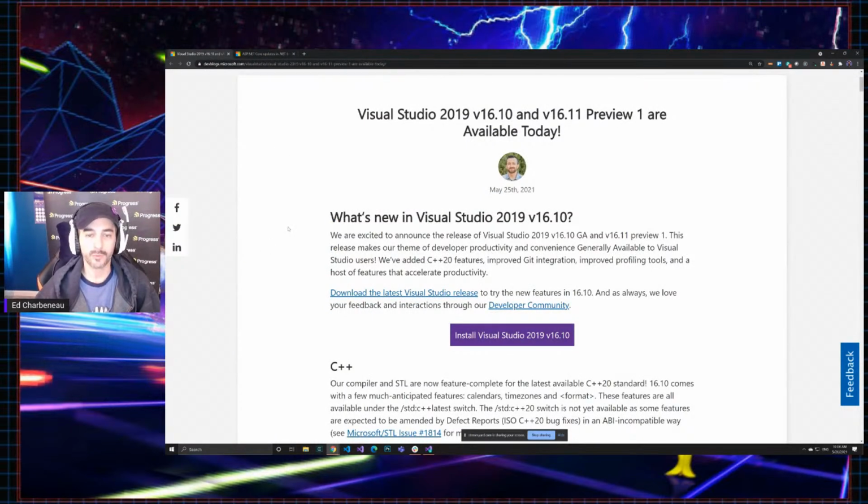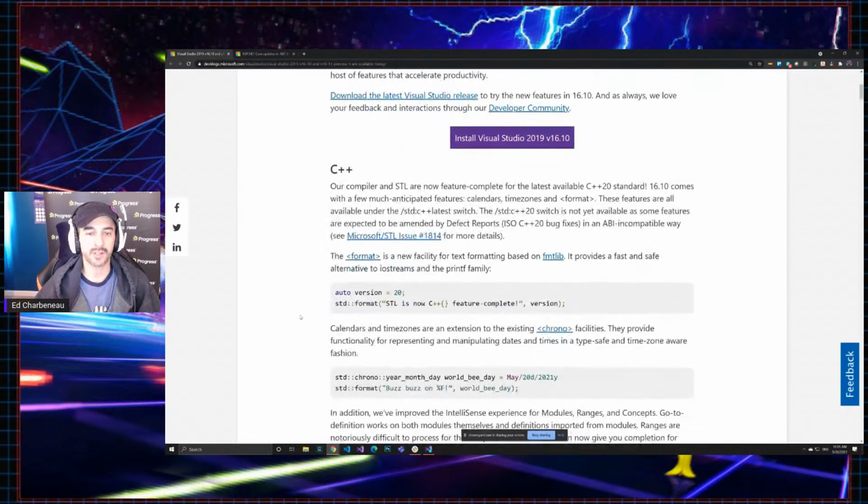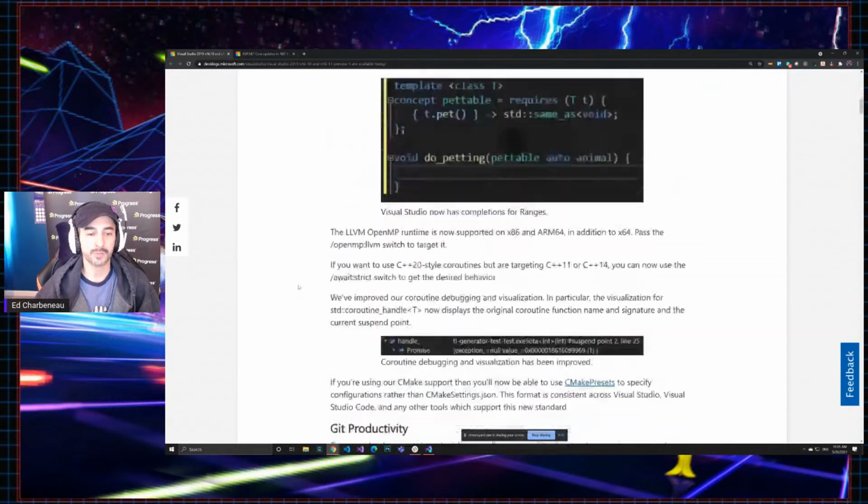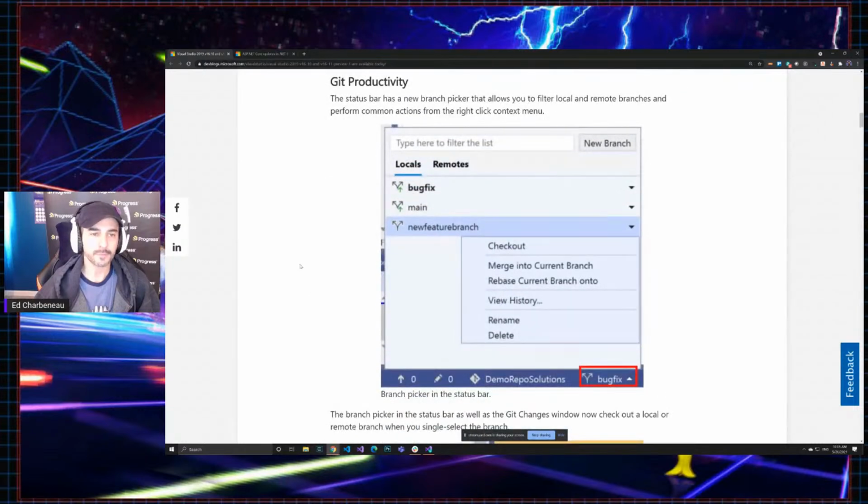Let's take a quick look before we do that at what is in this release. Some of the stuff that I don't personally use, but I still find that it's nice that C++ is getting some new features. So we've got some new C++ support. Git productivity, I use this a lot personally. I go in and do Git commits and merge projects and that type of thing right inside Visual Studio. So the Git experience is getting much better,